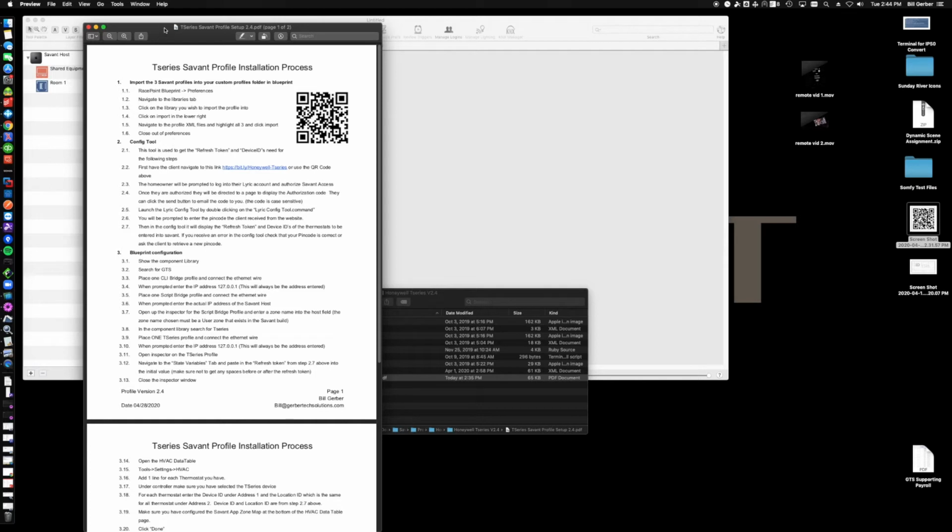steps. Once you've done the first step, which is importing the three new profiles into your config, then you're going to want to go ahead and run this config tool. What the config tool does is it gets two very important things, the refresh token and the device IDs for the thermostats that you're using. To do that, we need to authorize the profile to communicate with the Honeywell servers. What you can do is either use a smart device to scan this QR code or go to this link